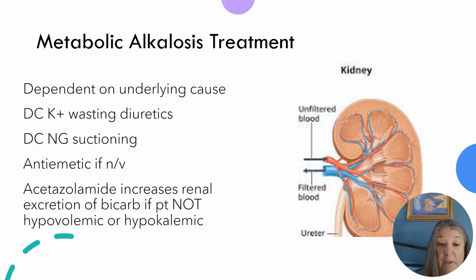Metabolic alkalosis treatment, as usual, is dependent on the underlying cause. If my person is on potassium wasting diuretics, I'm going to stop those. If I am doing any NG suctioning, I'm going to stop that. I want the body to hold on to that acid. I don't want to pull that acid out. If my person has vomiting or even nausea, I'm going to use an antiemetic. You can actually use acetazolamide, which increases renal excretion of bicarb if the patient is not hypovolemic or hypokalemic. Okay, so again,